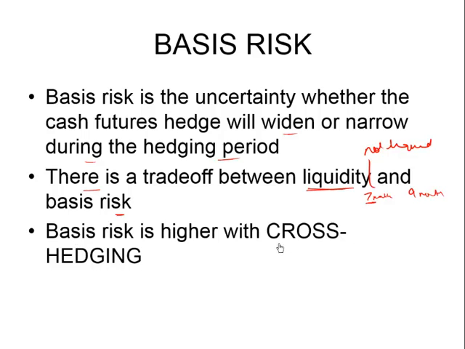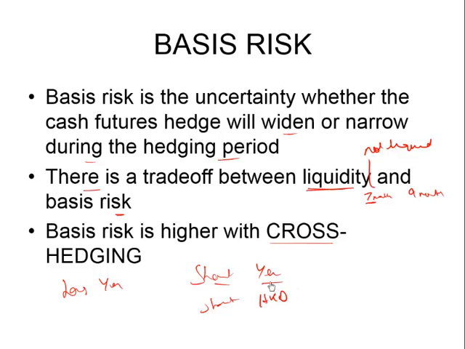Basis risk is higher with cross-hedging. Cross-hedging is when, instead of shorting yen, what did I do? I was long yen, 125 million. To hedge my position, I short the yen. Let's assume short contracts on yen were not available. So I short contracts on the Korean won or on the Hong Kong dollar,